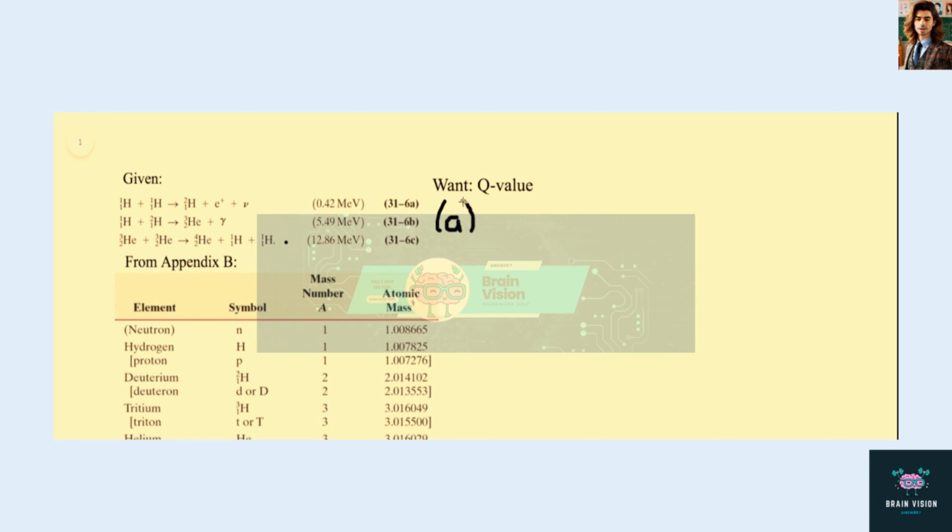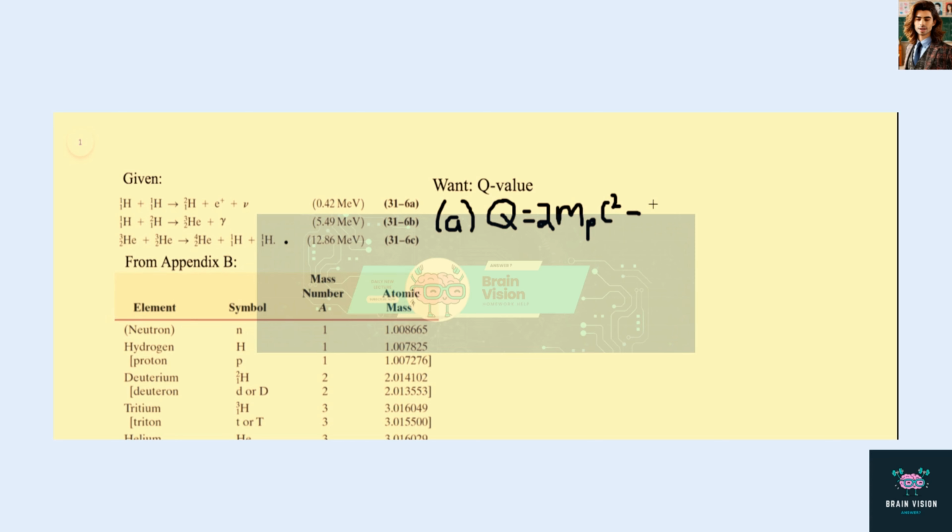Write the Q value for A. So we're going to do the masses, the energy associated with the masses on the left side minus those on the right side. So here we have 2 protons. Let's say 2 m sub p multiplied by c squared